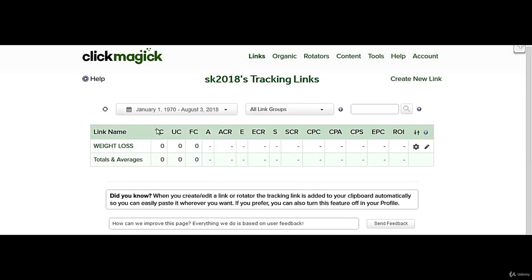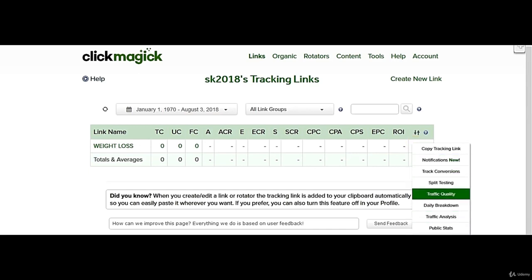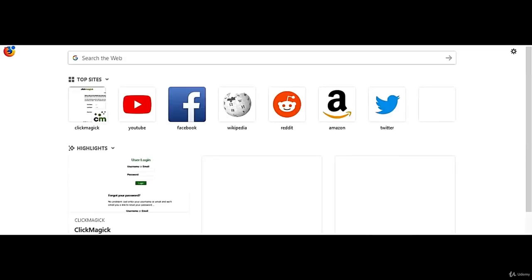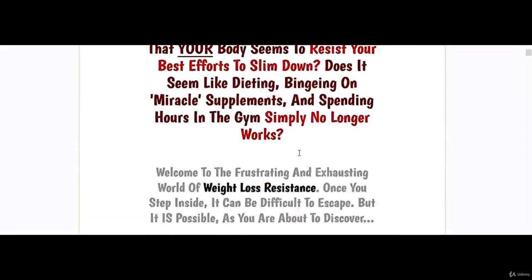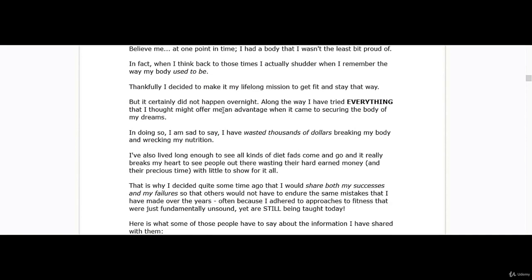It will show me the total clicks, the unique clicks, the filtered clicks, right? This is super powerful. Any action on the page, any sales will come under this tab, right? This is super powerful, guys. It will show you all the details of all the clicks. I just try to click the link, copy tracking link, and I just click on the link. So this is the product page, right? It's working perfectly fine.